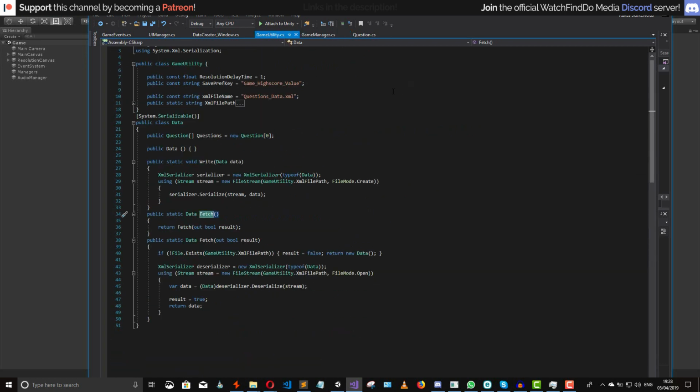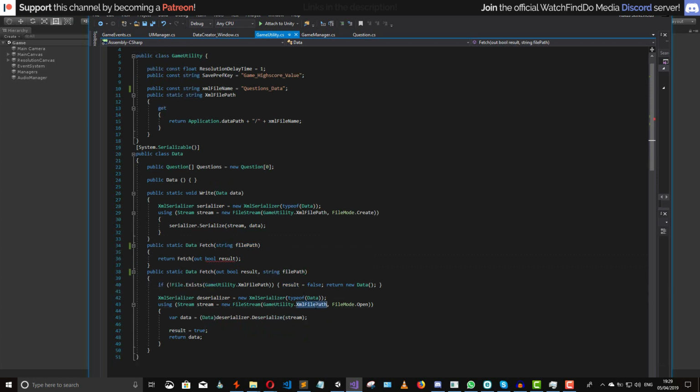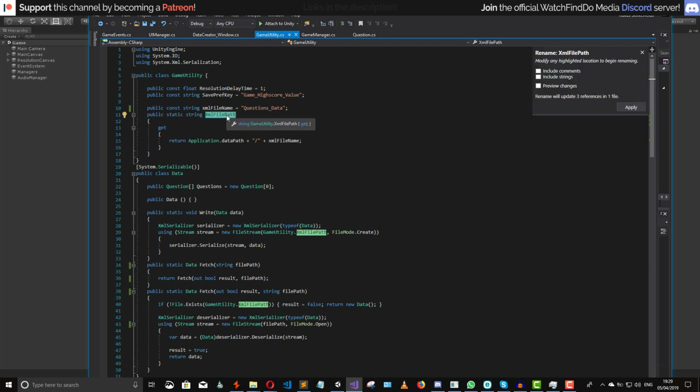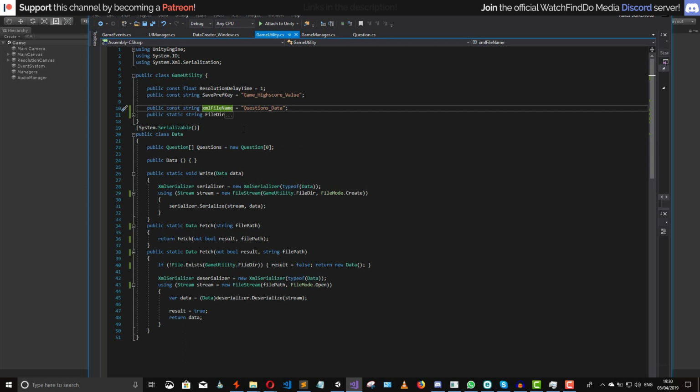fetch data method, and then let's simply say a string file path. So what kind of file we want to load, and this also needs to be included right here. And then we simply want to load a file in a file path instead, and then say that this one needs to be equal to file directory, and this could be equal to application.dataPath plus the slash. And then we can say that the constant is going to be equal to file name,